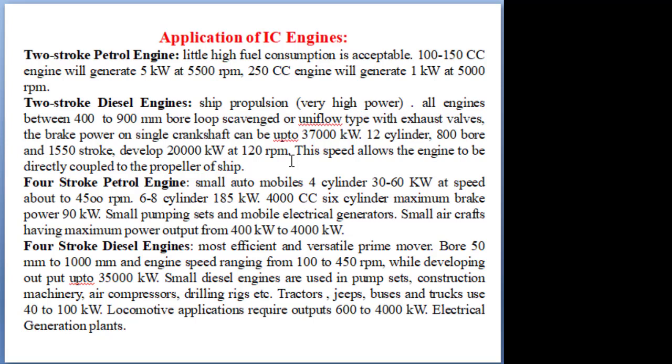Next, the 4-stroke petrol engine is used for lightweight automobiles and pump sets; agriculture pump sets we are using. 4-stroke diesel engines we are using for heavy vehicles and diesel gensets. 1 megawatt, 2 megawatt diesel gensets use 4-stroke diesel engines. And next, locomotives: all rail diesel engines are based on 4-stroke diesel engines. So these are the brief applications. With this we are concluding this first unit. Next class we will start with the second unit. Thank you very much.